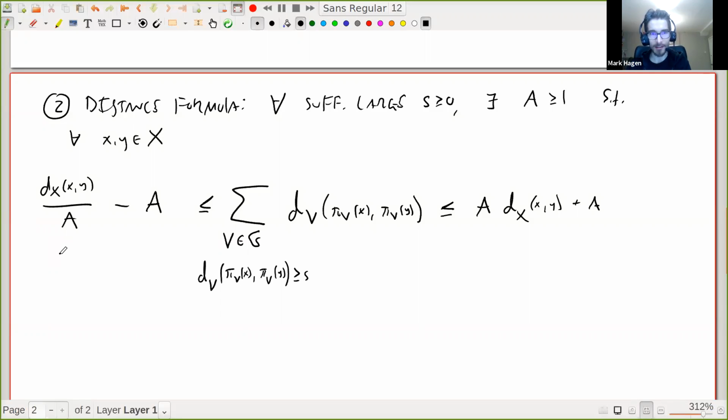That's not quite true because of this sort of thresholding, right? There are probably infinitely many hyperbolic spaces where the projections differ by like S over 2 or something. However, as a consequence of some of the axioms, there are only finitely many where the projections will be bigger than S, and then you sum those. So I didn't tell you the axioms, and I'm not going to, but